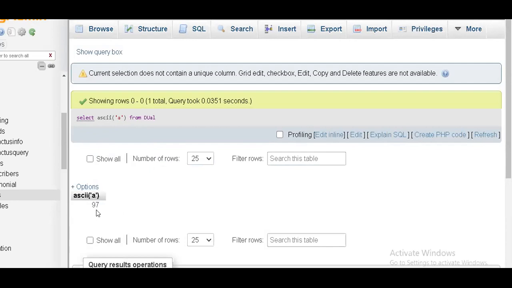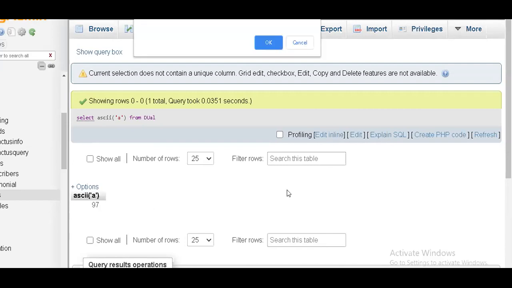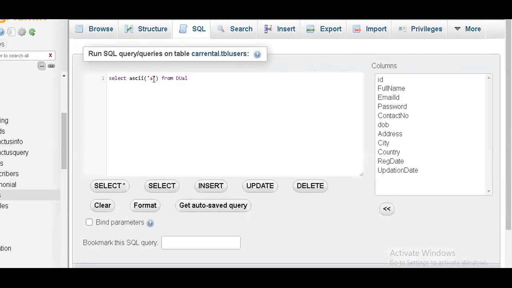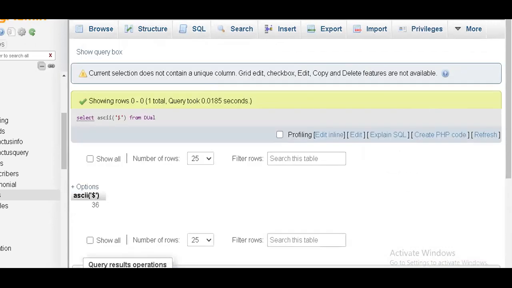Okay, I have given the example. If I ask what is the percent ASCII, even I can't give the answer for that unless I check it. So no need to remember the values, you only have to remember the function, the way you write it. Whenever I type on my keyboard the dollar symbol or another symbol, nobody can give the answer for its value. Okay, so it is 36. See, no need to remember this value, but how you write it, that is important for us.